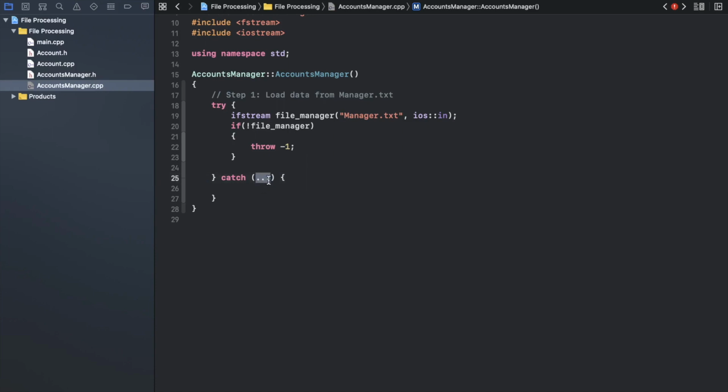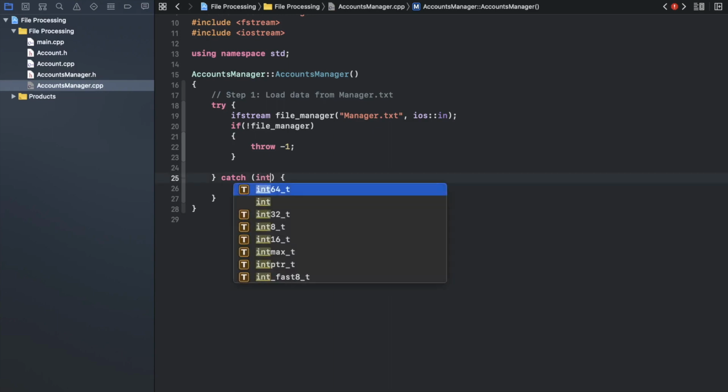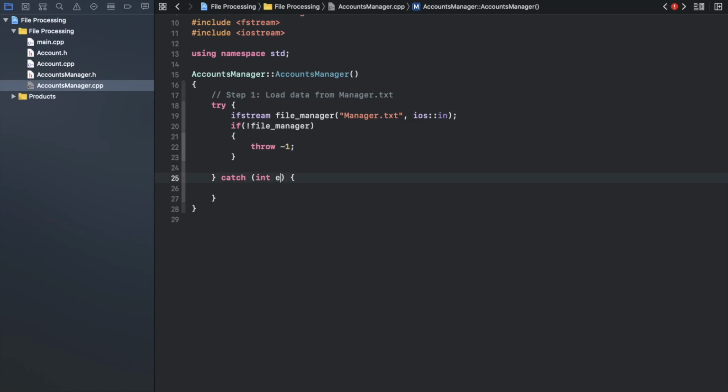I told you we try to avoid general exceptions for many reasons. So I will make it int err. Nice. So that's a catch block. That catch block is related to that throw row. Nice. So let me